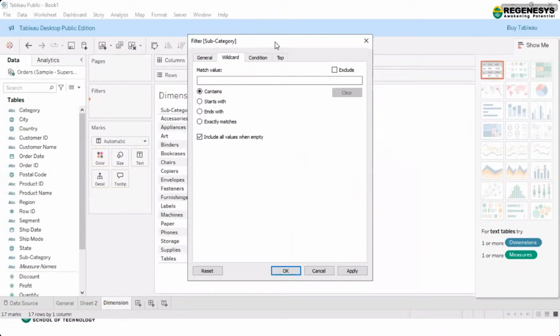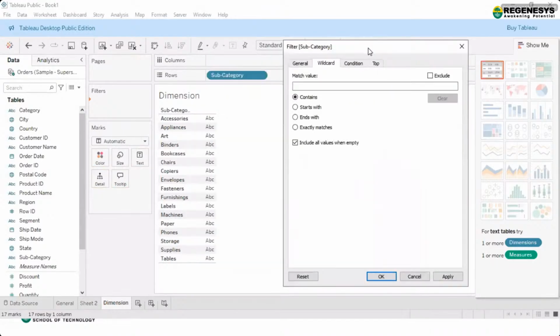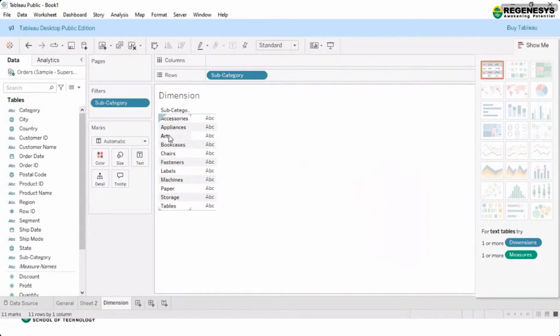Let's say, for example, I want every subcategory which starts with A, or which contains A. If I apply and say OK, you can see all the data in which I have A is now available. I am filtering the dimension here.